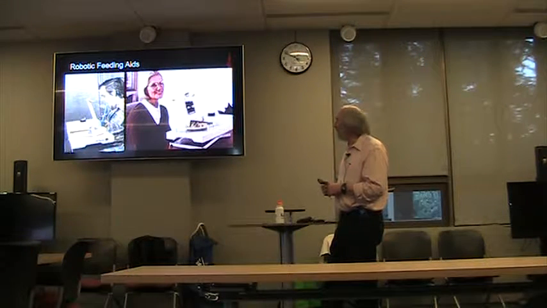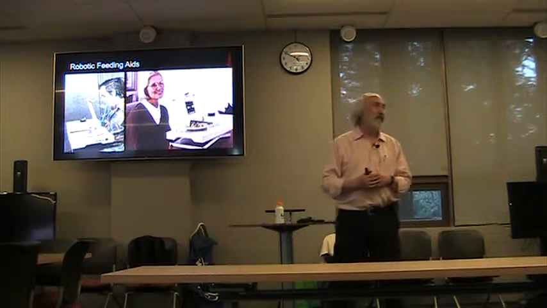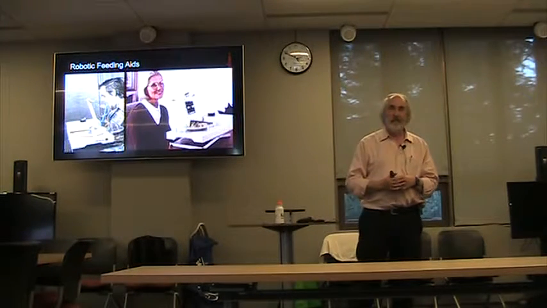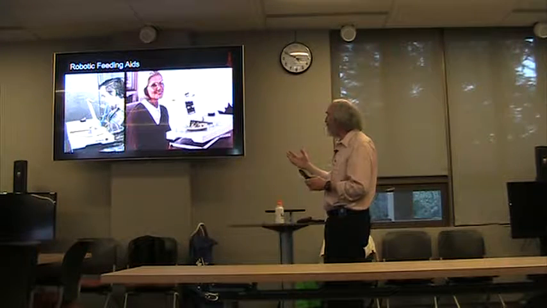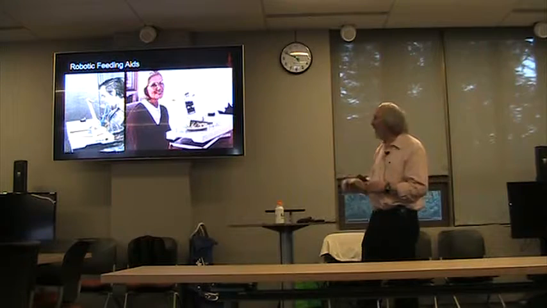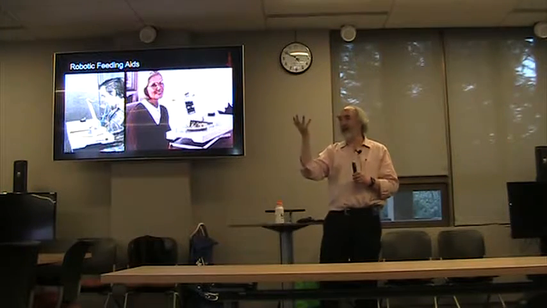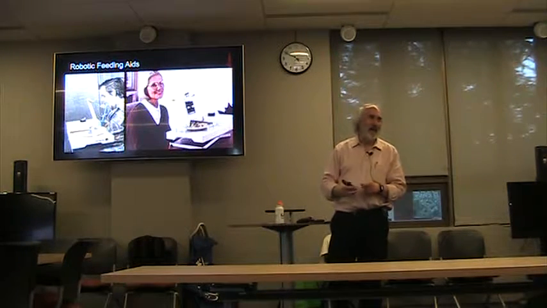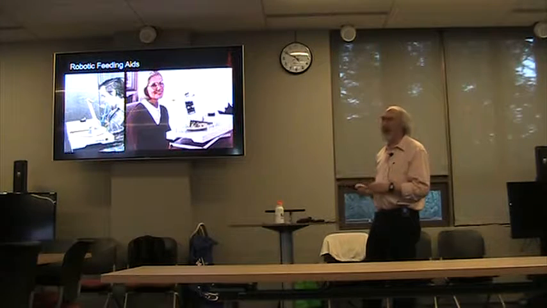There's a lot of these things on the market, even now, that are feeding aids. If you can't feed yourself, you're in a very dependent position. And so these are like robotic mechanical devices. Some of them are more robots. These two here are pretty much mechanical. They go through the same motion each time. I think on both of these, the plate actually rotates so that when the spoon comes around, it can actually pick up something. But maybe not always. Can't eat a hamburger with a spoon, though.